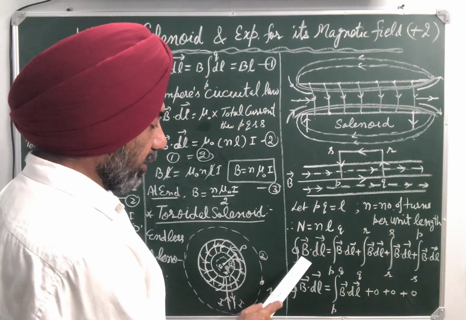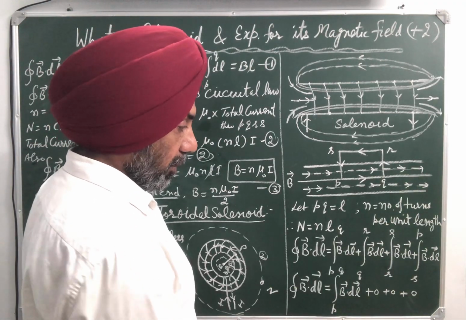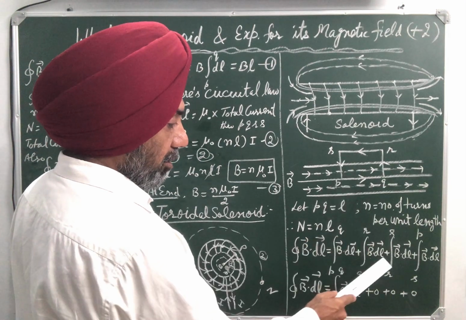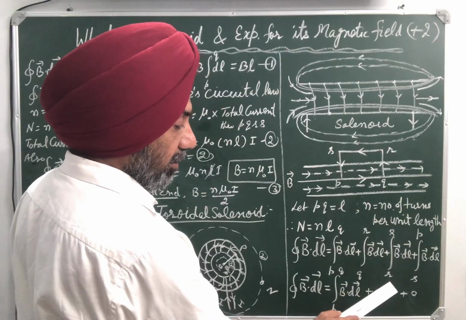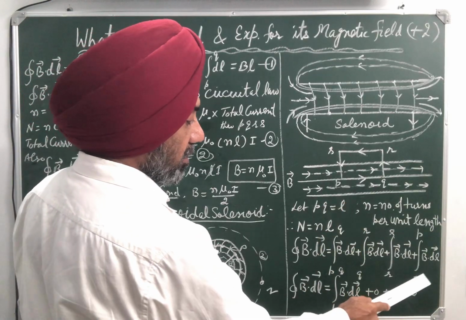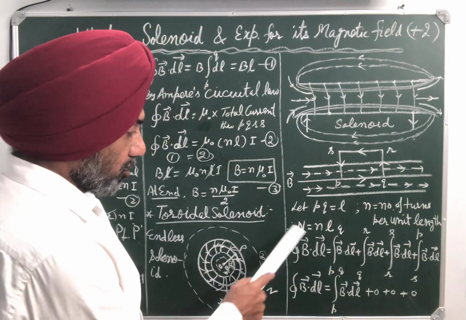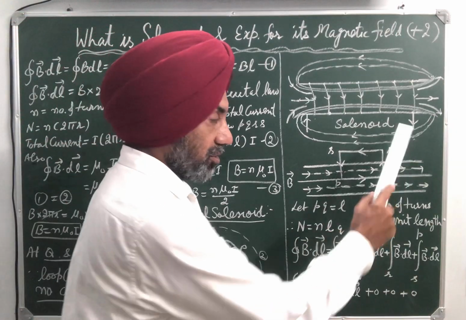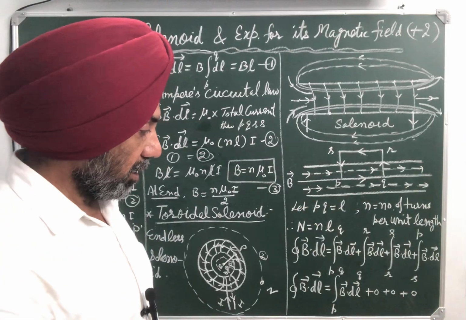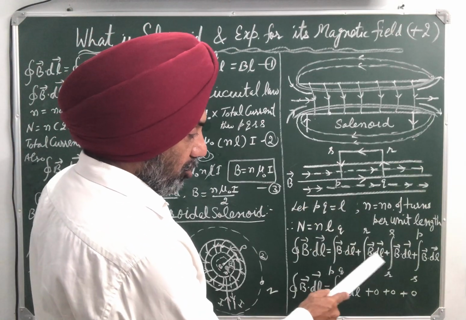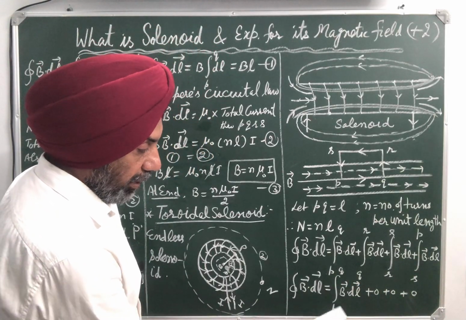And then the line integral of magnetic field B dot dl: B vector dot dl vector from P to Q, plus B vector dot dl vector from Q to R, plus line integral of B dot dl vector from R to S, plus line integral from S to P of B dot dl. So we have separated this closed line integral of B dot dl into 4 integrations: from P to Q, Q to R, R to S, and then S to P. But this is also 0, this is also 0, this is also 0. So the line integral of B dot dl will be equal to only P to Q B dot dl,